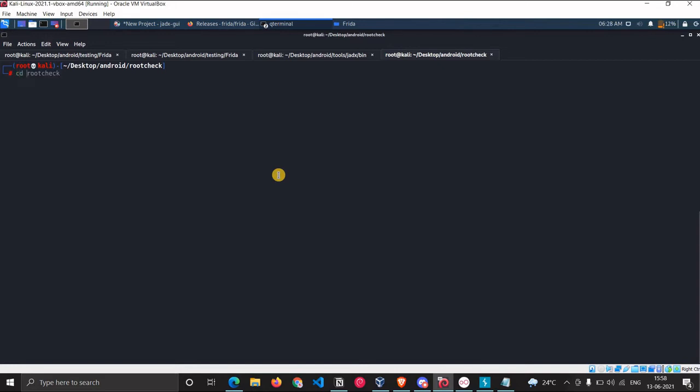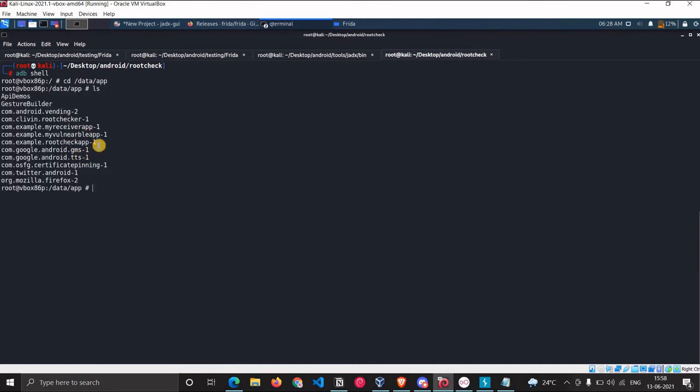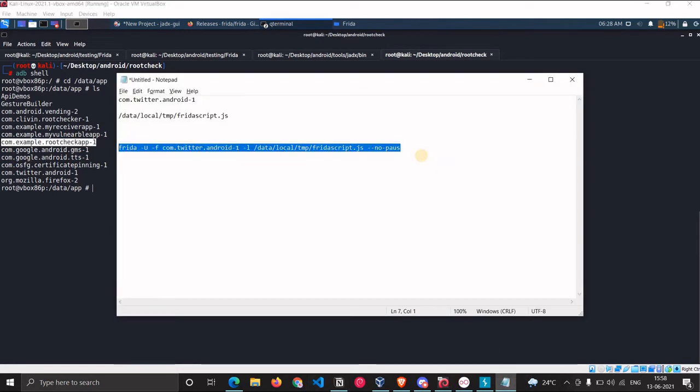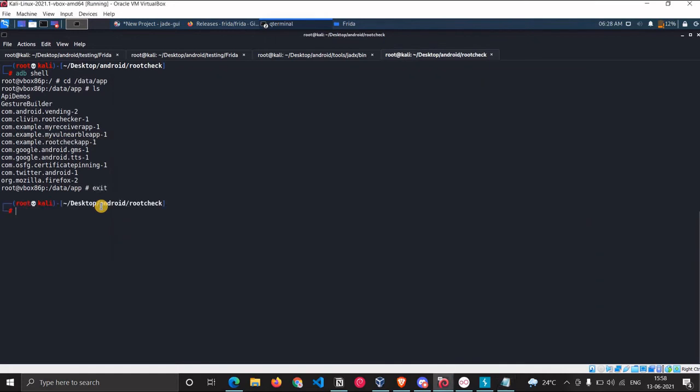What I'll do is pull that particular application. Before pulling it, I have to know its package name, so I'll do adb shell, cd data app. So this is the package name. Let me note it down so that we can pull it.